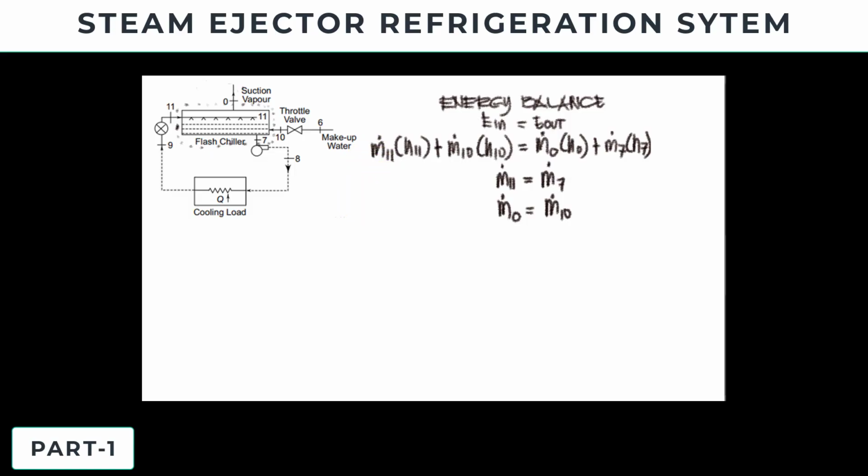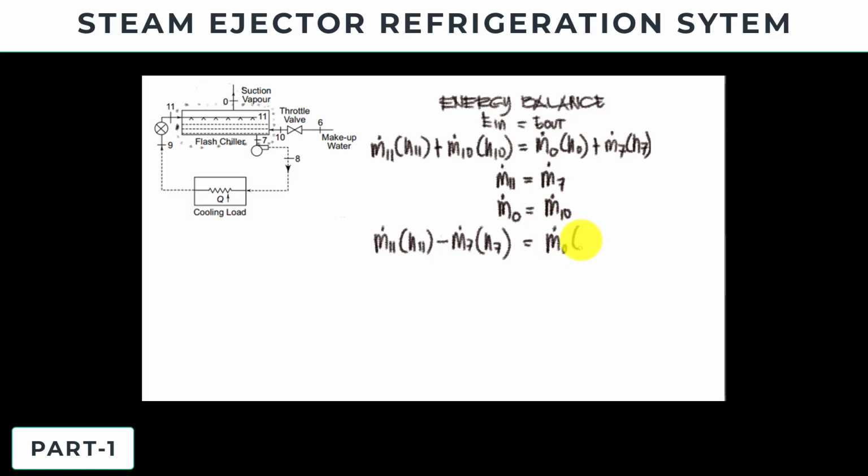Knowing that, we can rewrite our equation. From here, we have now your mass flow rate 11 times enthalpy 11, plus the value of your M10. Oh wait, we can combine. So let's try to combine this one already. Mass flow rate 11 is equal to your mass flow rate 7, so transfer that one, mas mabilis na lang. We have the mass flow rate 7 times enthalpy 7, and this is equal now to your